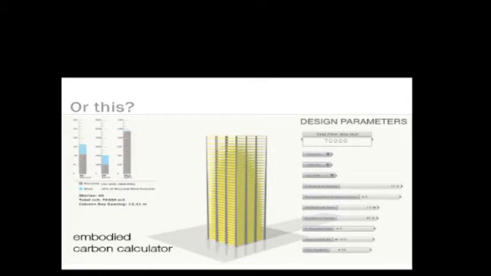And then on the left side, we have different metrics. So eventually our goal is to have several metrics. Right now we see embodied carbon, and we see operational cost and the mass of the building itself. But we want to introduce daylighting, water, and other kinds of metrics. So we are getting real-time feedback as we are changing the design parameters. And this is going to be really valuable in the early design stage, we feel. And then as we move on to the next stage, we can use more complex models to study the HVAC systems and plants and so on and so forth.